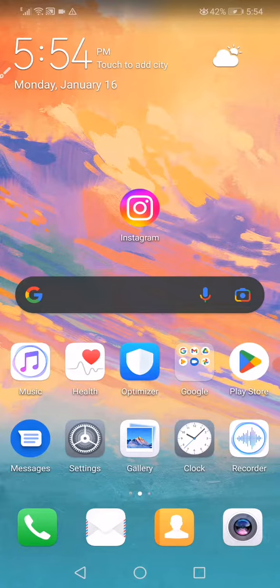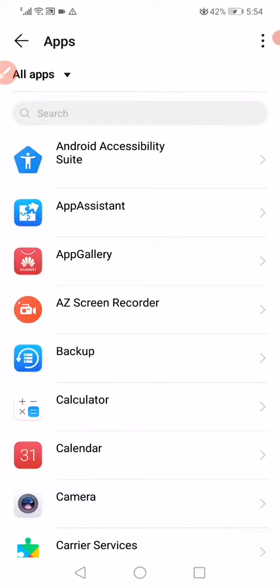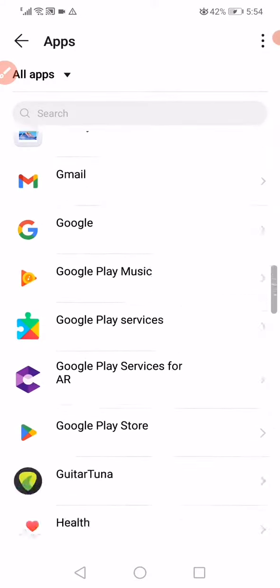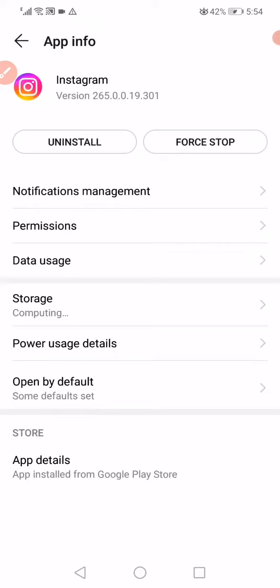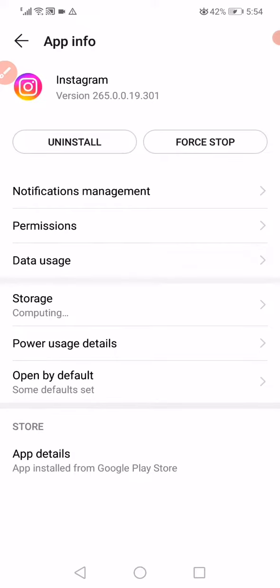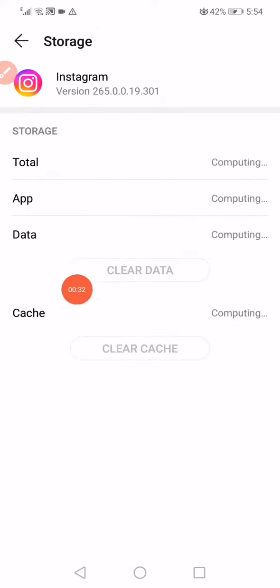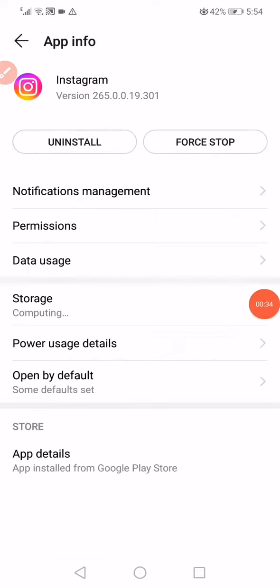Hello guys, so first thing you want to do, open the settings, go to apps, open the apps manager like this. Now on this page, all you have to do is keep waiting a few seconds. And after this, now you have to scroll until you find Instagram, click on it, and then click on this force stop option, and then click on the storage, click on clear data, clear cache, go back, click on the